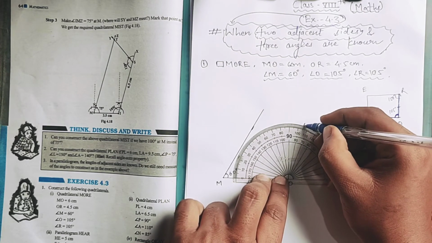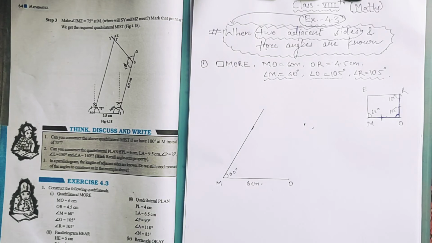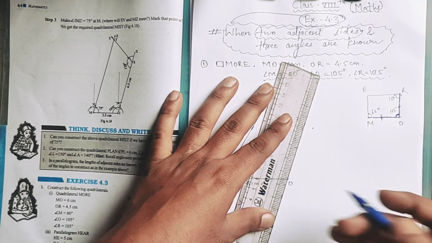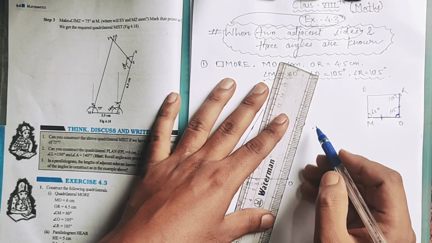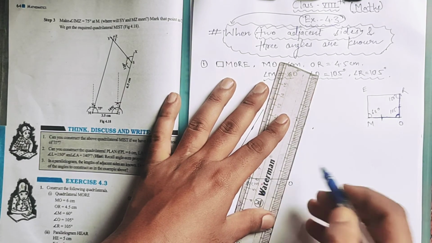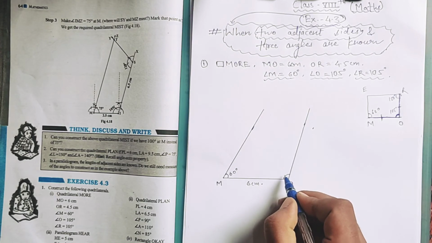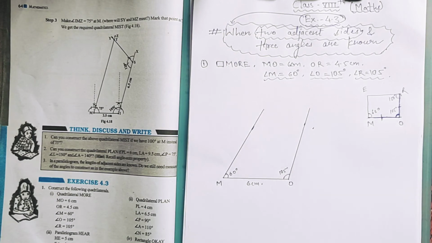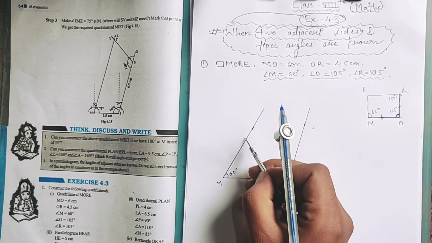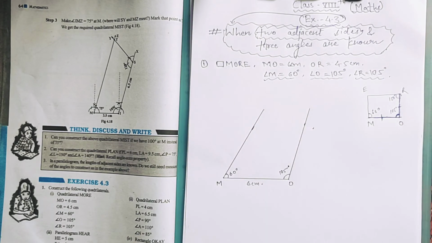So we are taking a point there and joining this point with O with the help of scale. So we got two angles, 60 degree and 105 degree. Okay, now what we have to do, we have to check from this point to there or there to there. In these two distances, one distance is given in the question, so whichever is given we have to make it.